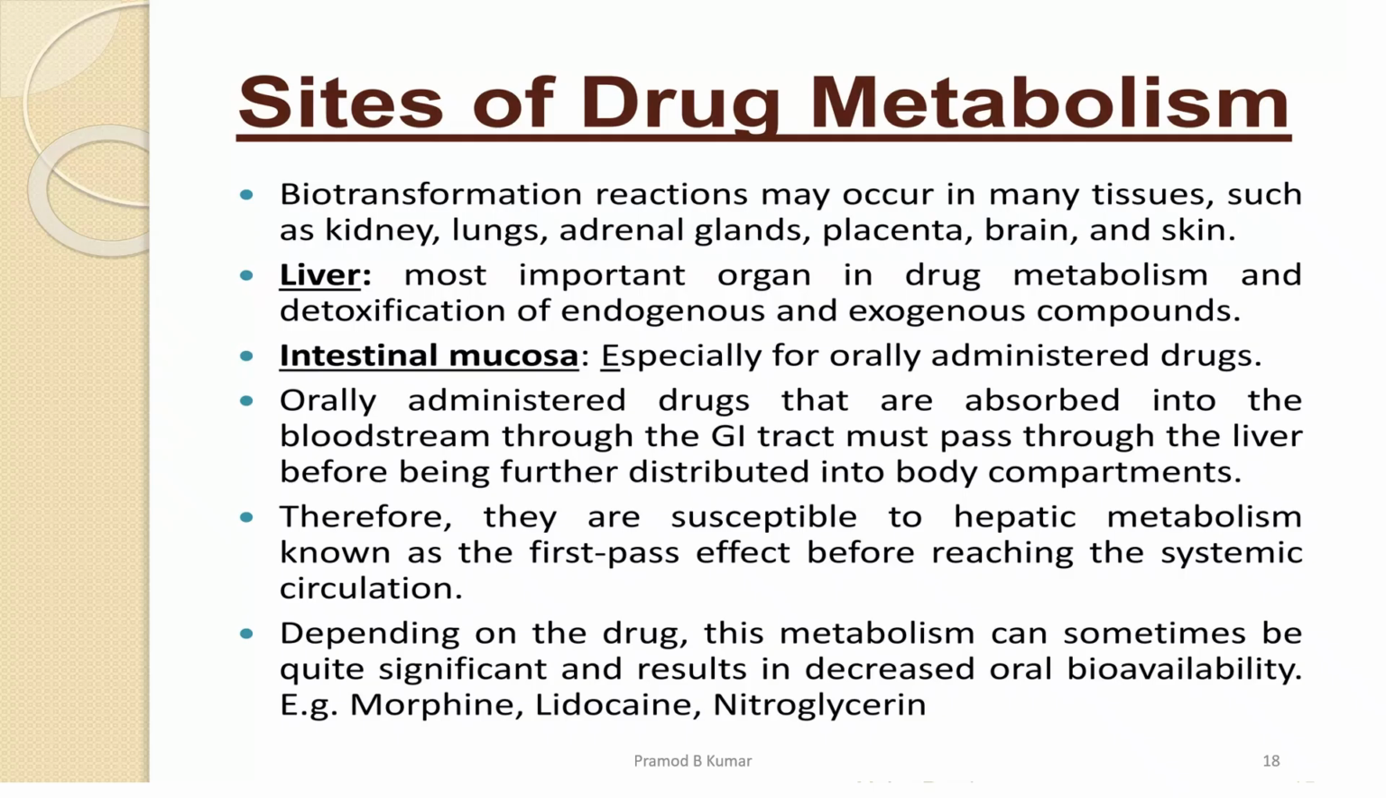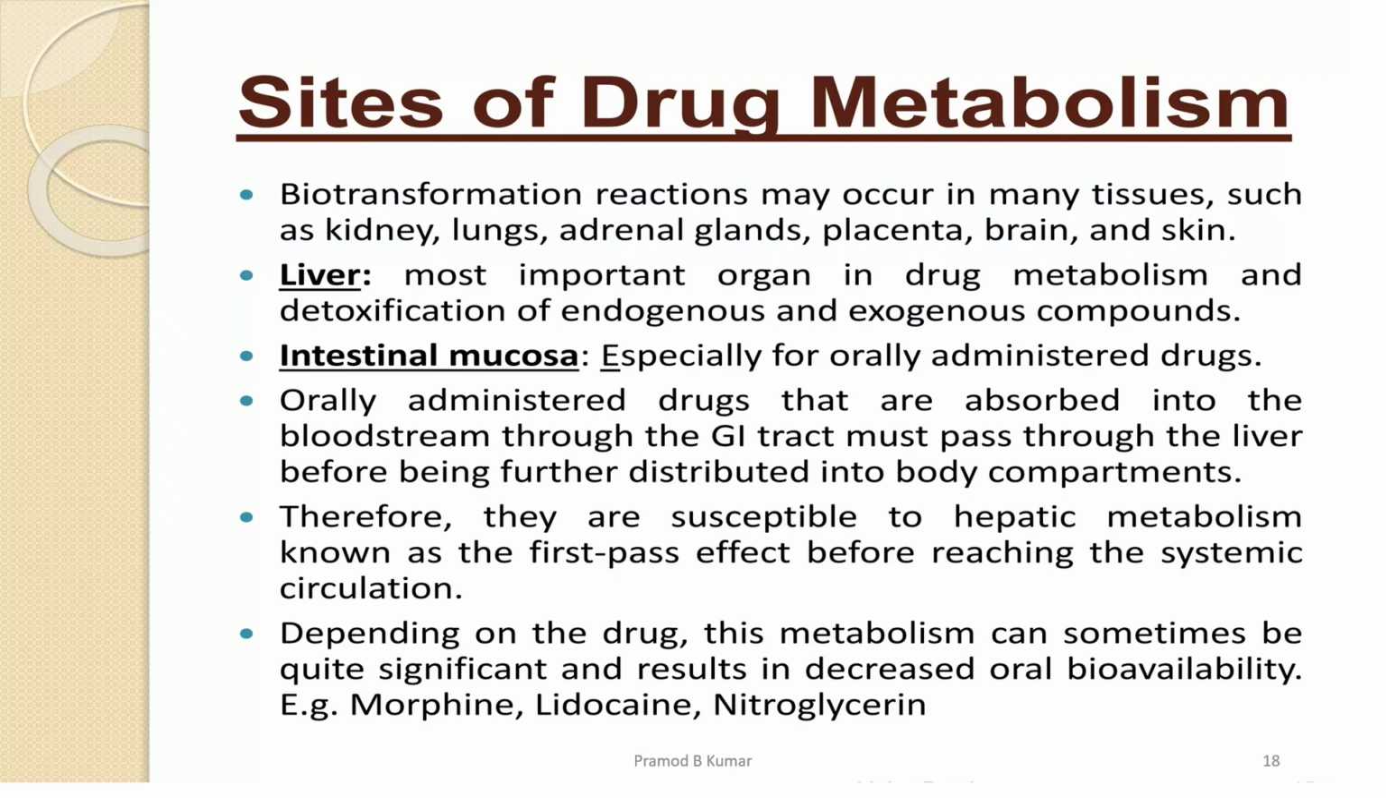Most importantly, where do these things happen, the sites for drug metabolism. So which tissues other than kidney, other than liver? Kidney, lungs, adrenal, placenta, brain and skin. So these are the sites where your biotransformation occurs. And liver is the most important organ for your drug metabolism and detoxification of endogenous compounds, which are present inside